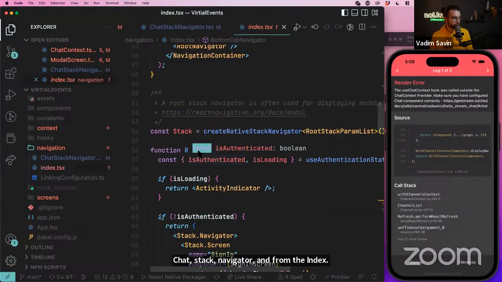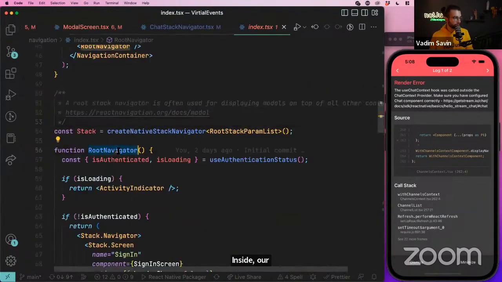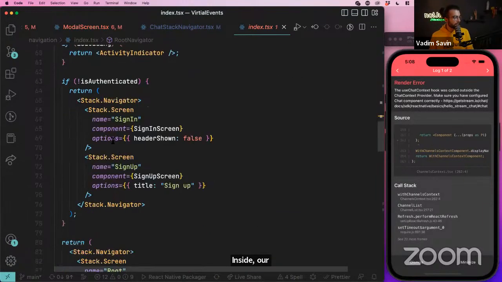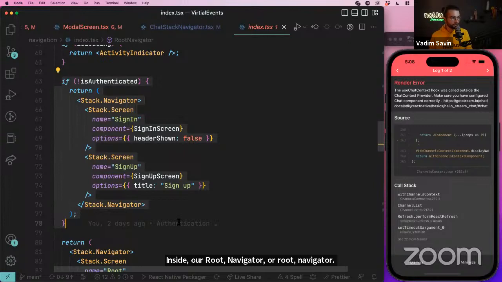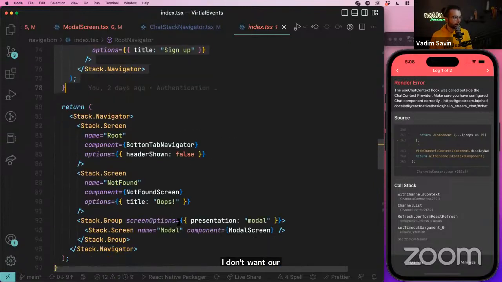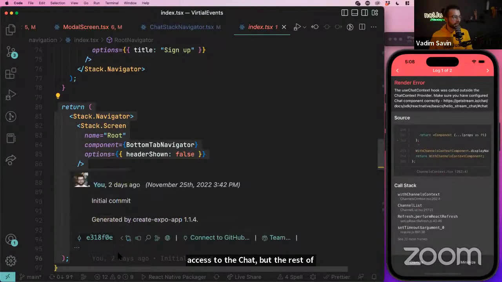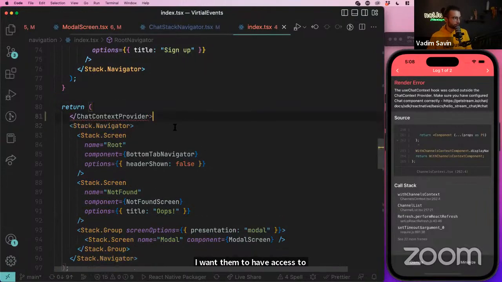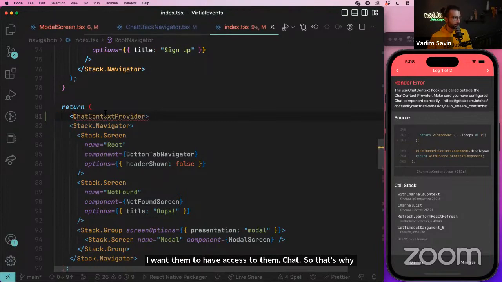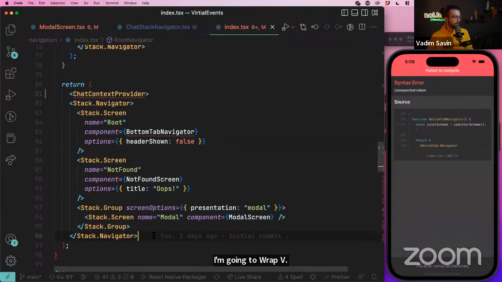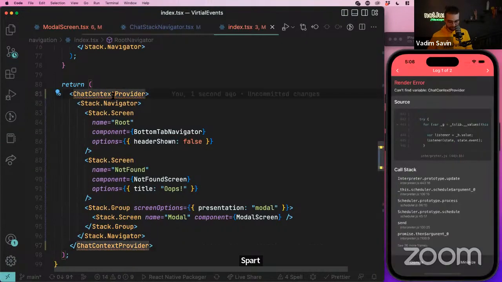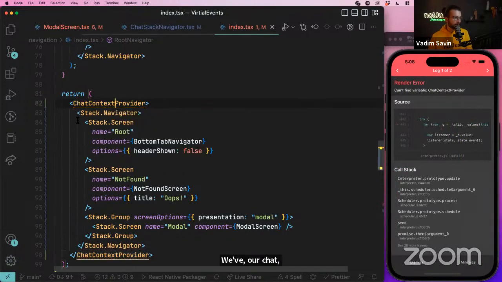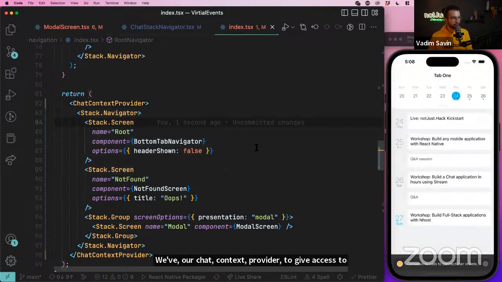Inside our root navigator, I don't want our sign in and sign up screens to have access to the chat, but the rest of our screens, I want them to have access to the chat. So that's why I'm going to wrap this part with our chat context provider to give access to other screens as well, to call like join the chat room